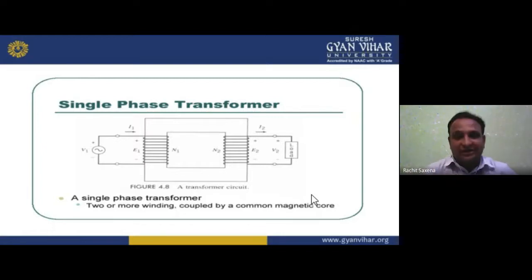We also have a one-winding transformer, known as an auto transformer. Later I'll tell you about all this in this lecture. And if I talk about a three-winding transformer, then we have a third winding, known as the tertiary winding, for local load. Later I'll tell you about the single winding transformer and the three winding transformer.